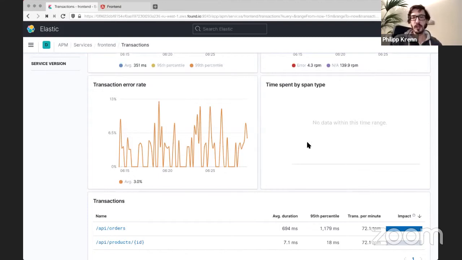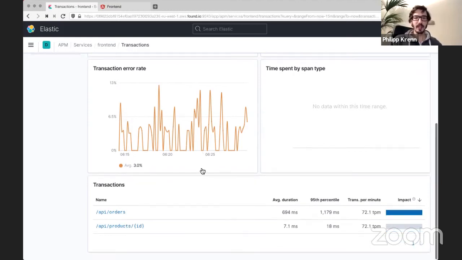Here you would see 20% of your time you spend in Spring Boot, and 30% in the front-end JavaScript library, and 50% in the database, for example. So you would have a breakdown of how that works. And down here, you basically see the endpoints, how long they take, and how many requests they are serving. So for example, here in orders,